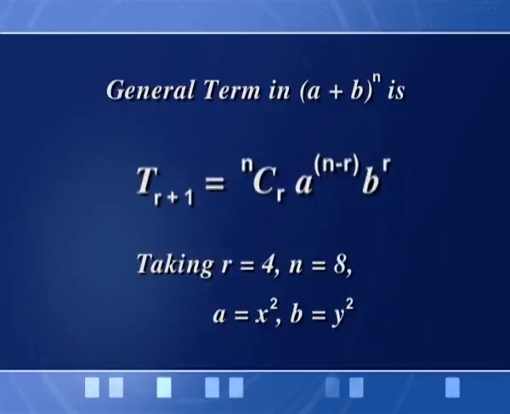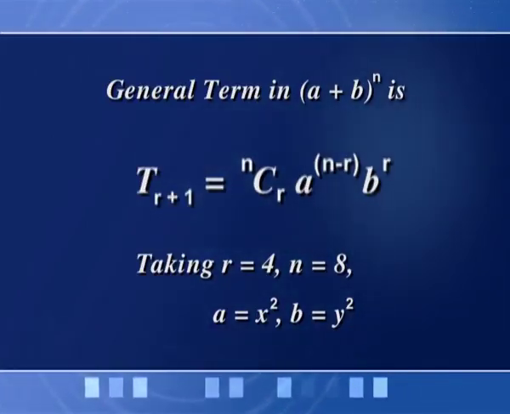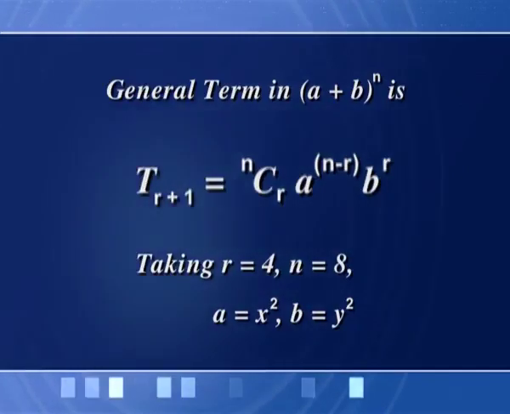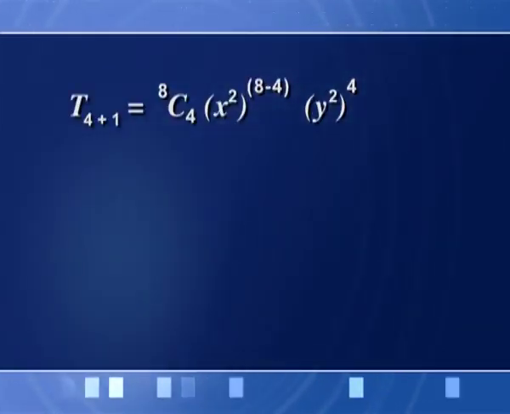Because we are going to find T5, the 5th term, and in the formula of general term we are having T(r plus 1). So putting the value of r equal to 4 in the formula of general term for this given binomial, we will get T(4 plus 1) equal to